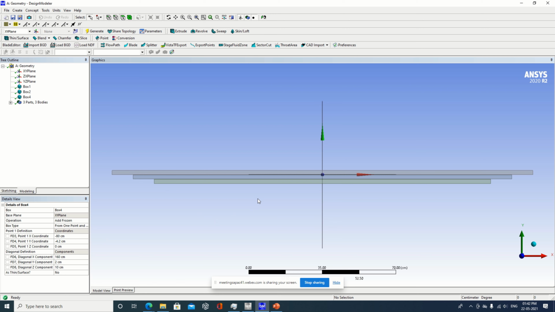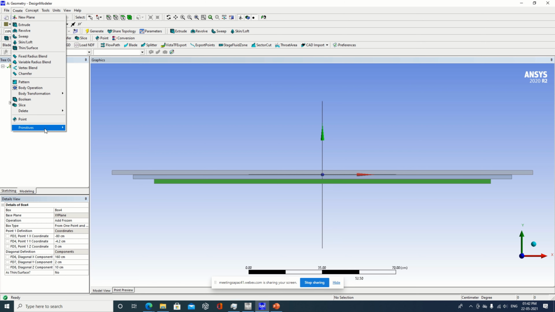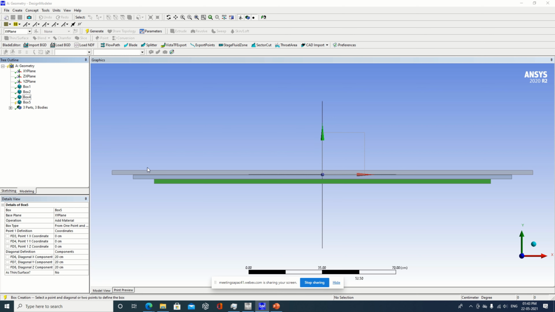Now similar to this, we will go on to produce a fourth layer. So remember what dimension we have taken for box 4. We have taken 160, this we have taken 80, half of the value to take it as center. We are changing this value, now it was minus 4.2. We will take a fourth layer and we will see, now it is minus 4.2, we will add 2 over there, so it will be 6.2, and 1 clearance, so it will be 6.3 when you do it for the next time. So I will create one more box over here like this.